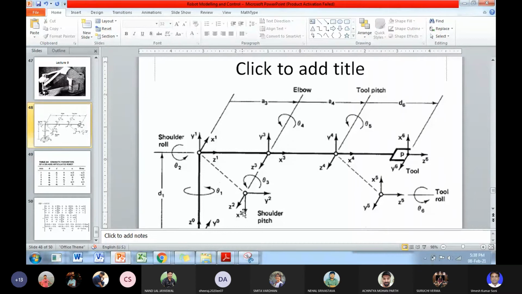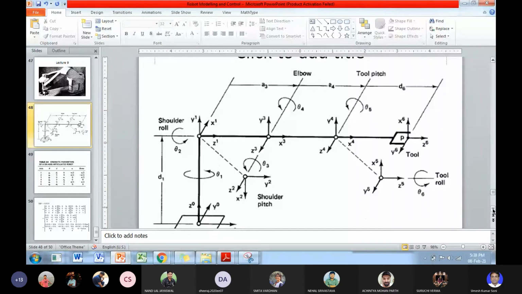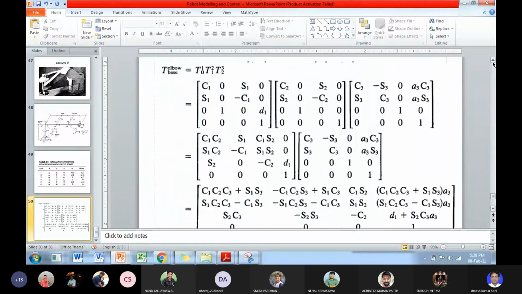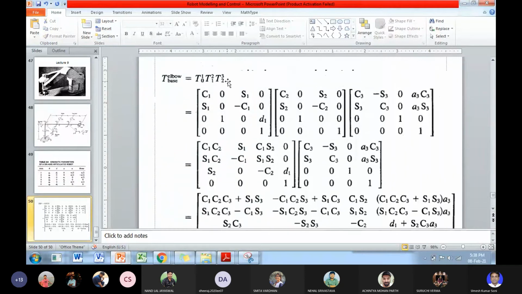Then x2, y2, z2 coordinate frame will be transformed to x1, y1, z1, and x1, y1, z1 coordinate frame will be transformed to x0, y0, z0. So totally these coordinate frames have been transformed to the base. So here you see there are three transformations. One is transformation from the elbow joint to the joint before elbow, and this is the shoulder joint, elbow to shoulder, shoulder to